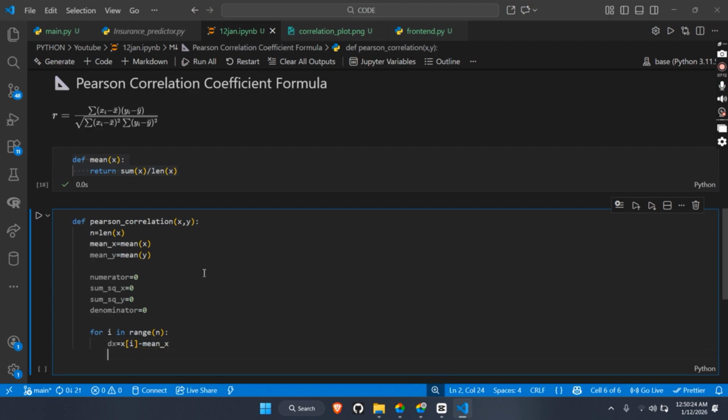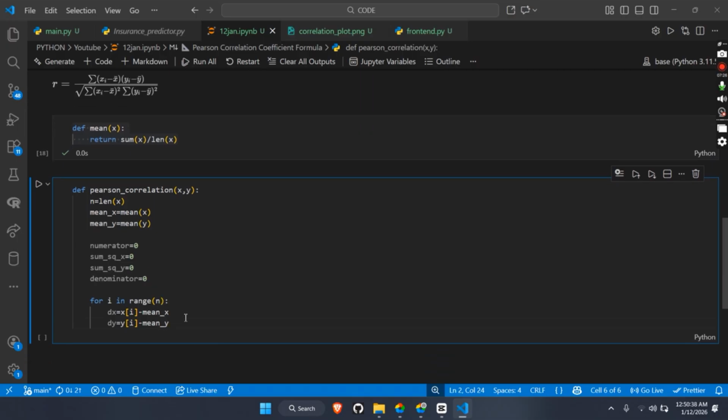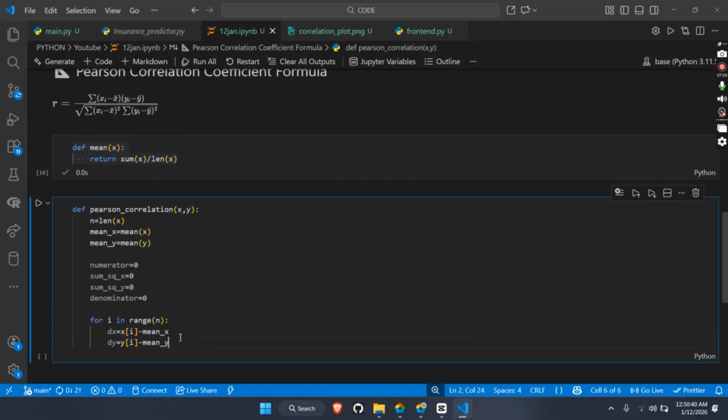So here it is, and dy is equal to, we are going to do this from the y variable and then minus mean of y. So here we have dx and dy, getting all the values, and what we are doing is dx into dy. So in the numerator plus is equal to